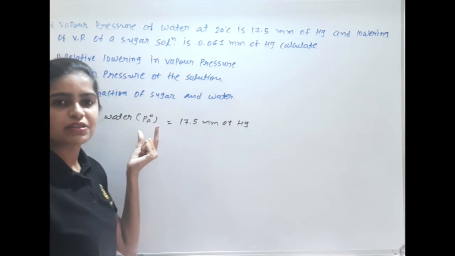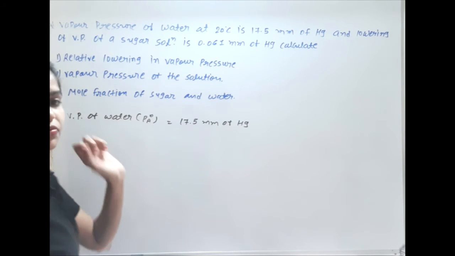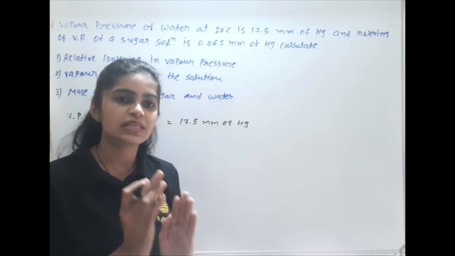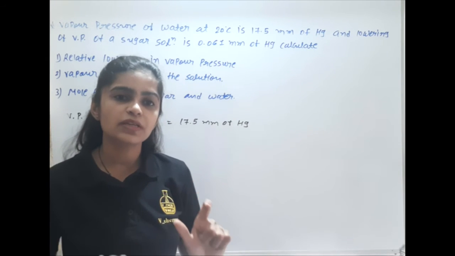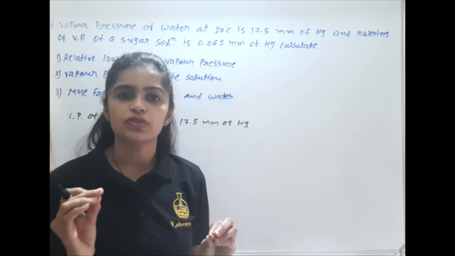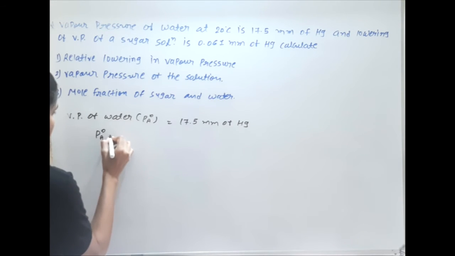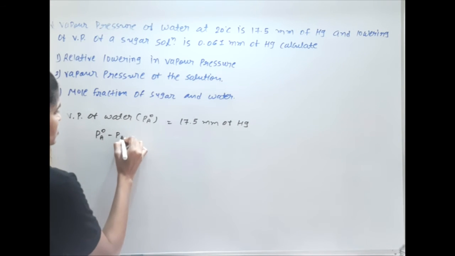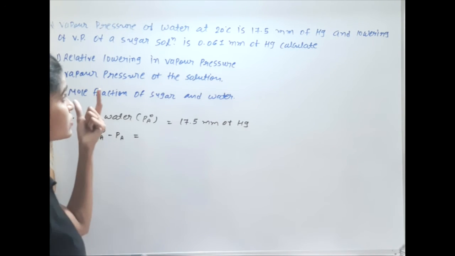PA0 means the vapor pressure of the pure solvent. Then given is the lowering of vapor pressure. Lowering of vapor pressure means the vapor pressure of the pure solvent is more than the vapor pressure of the solution. So the difference between the vapor pressure of the pure solvent minus the pressure of the solution is known as the lowering in vapor pressure. Its value is